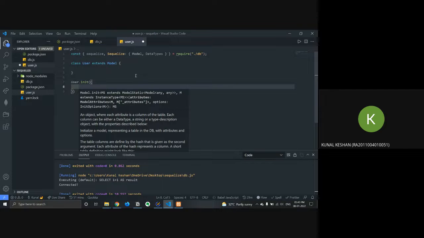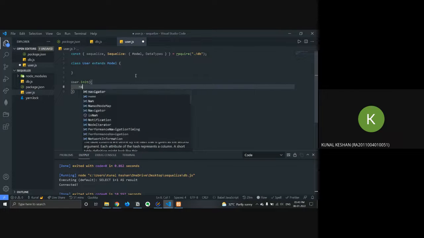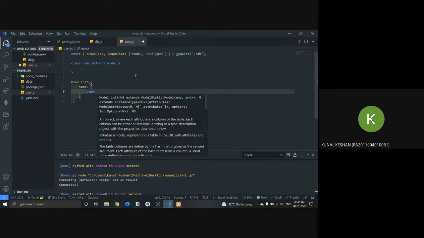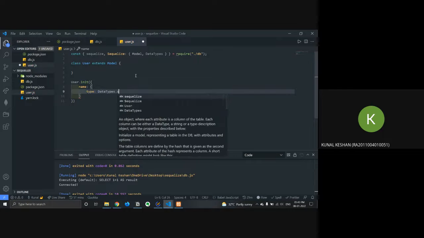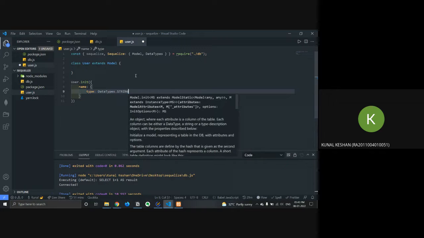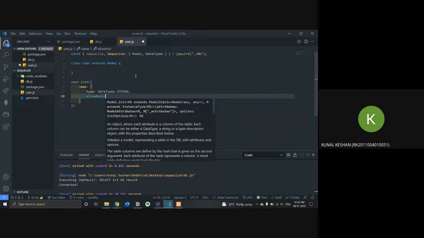These fields will be my column names. So just say first name, or let's just go with name. It takes in what type it is, and in our case it is DataTypes.STRING. The other one is allowNull is false.